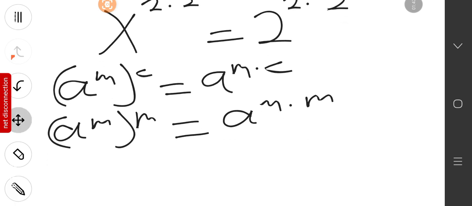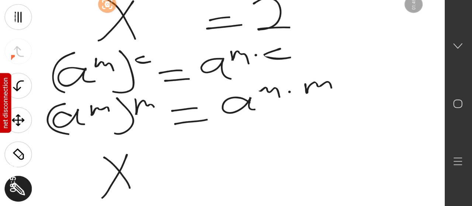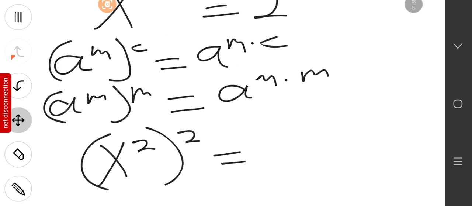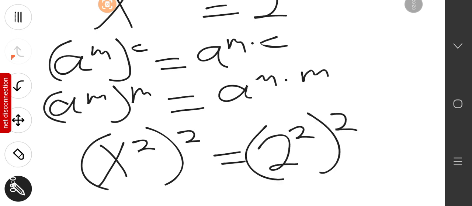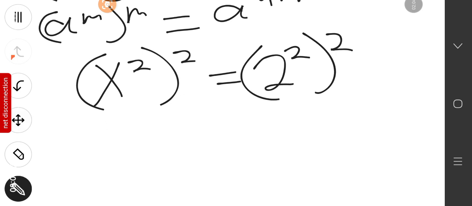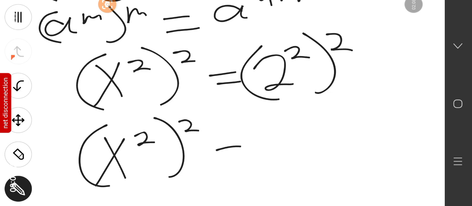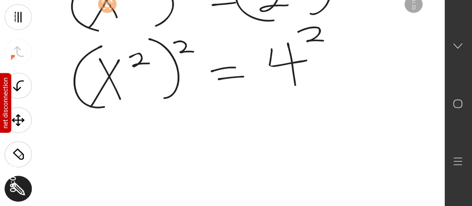So we're going to have x squared squared equals 2 exponent 2 squared. All right, so our equation is going to be x squared exponent 2 equals, now 2 exponent 2 is 4, so we are going to have 4 exponent 2. And next thing we do